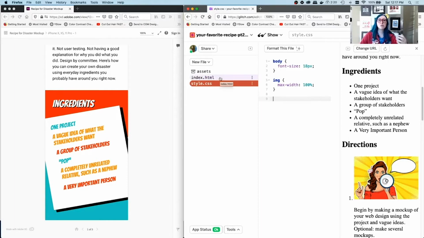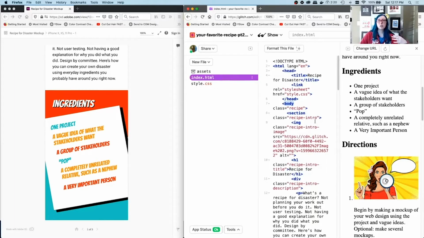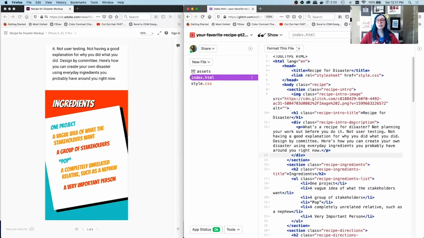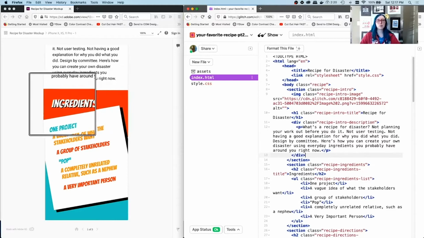Remember that when we went through our HTML, we added all of these classes, even class equals recipe on the body tag. So we had a recipe intro, and now we want to style the background color of these ingredients. To help write that rule, we're going to identify in our HTML which element goes with this piece of the mockup.